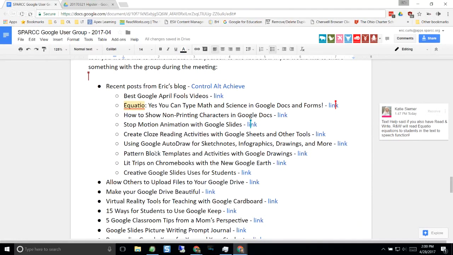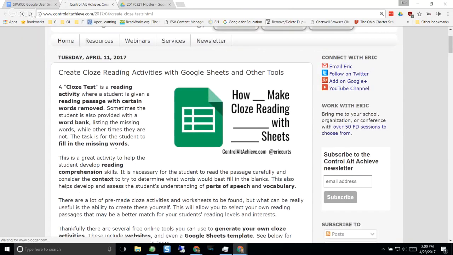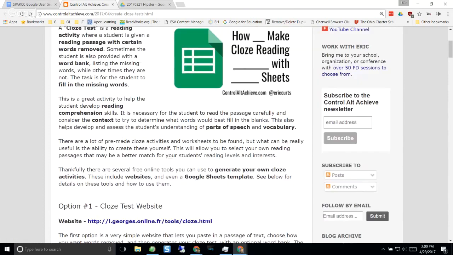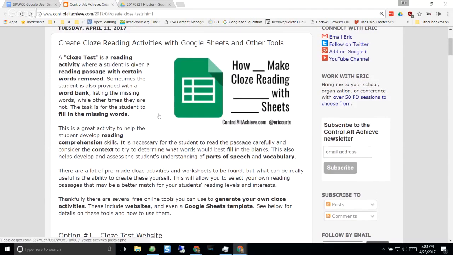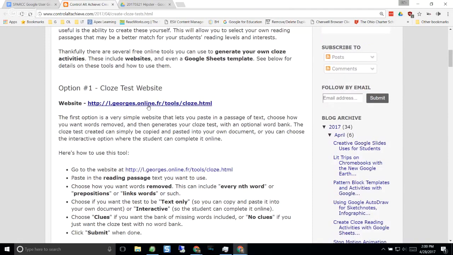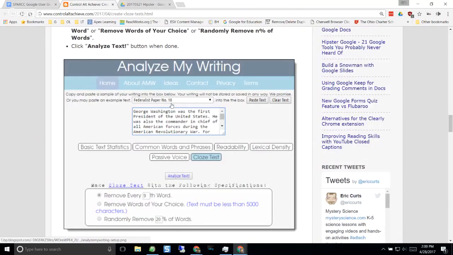Let's see. I'll just mention real quick, if you are a language arts teacher, and if you do Cloze, C-L-O-Z-E, reading activities, that's where students have to fill in missing words in a document to try to use context clues and figure out what's missing. I did do a blog post on ways to generate Cloze reading activities. I talked about 2 different websites that do this,